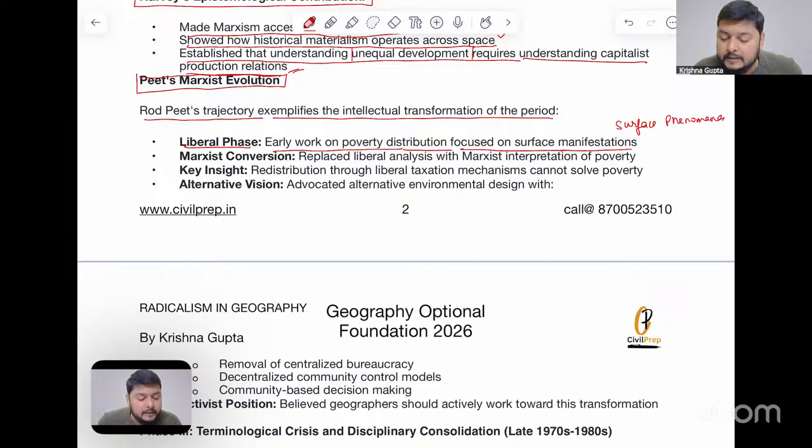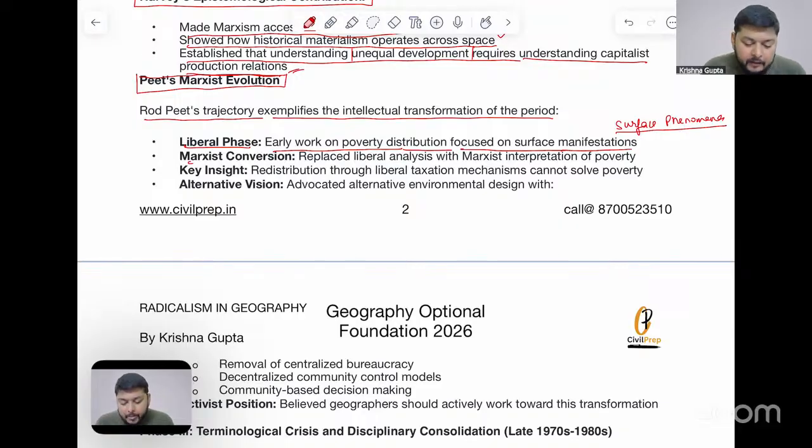For example, if poverty is prevailing, certain people are not earning a certain amount of money. So it was seen as just because of unemployment. But when it came to the Marxist perspective, it was seen that poverty is not just an issue of lack of money or lack of employment. It is also related to capitalism, to the political structure, to the social structure. It is also related to the other structures prevalent in society, stopping people from getting access to those minimal resources which are required for a person to survive.